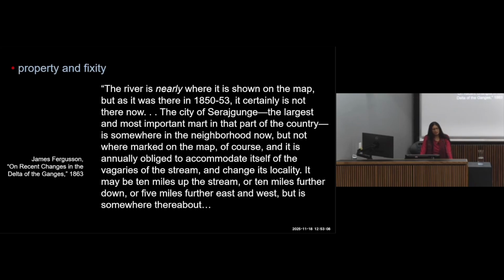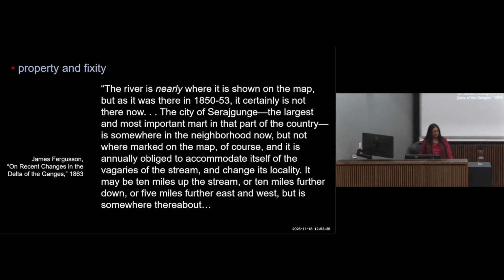The river is nearly where it is shown on the map, but as it was there in 1850. It certainly is not there now. The city of Sirajganj, the largest and most important mart in that part of the country, is somewhere in the neighborhood now, but not where marked in the map, of course. And it is annually obliged to accommodate itself to the vagaries of the stream and change its locality. It may be 10 miles up the stream, or 10 miles further down, or 5 miles further east and west,